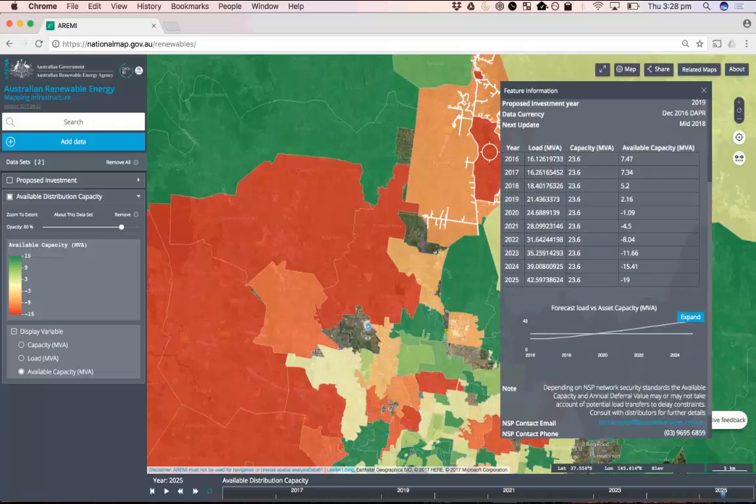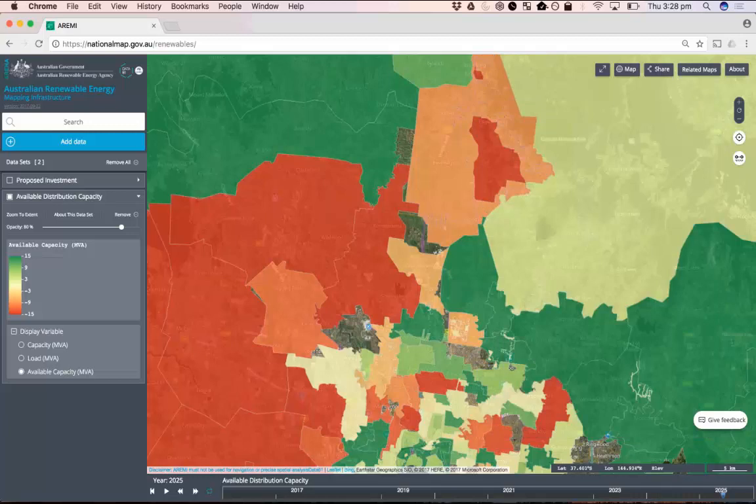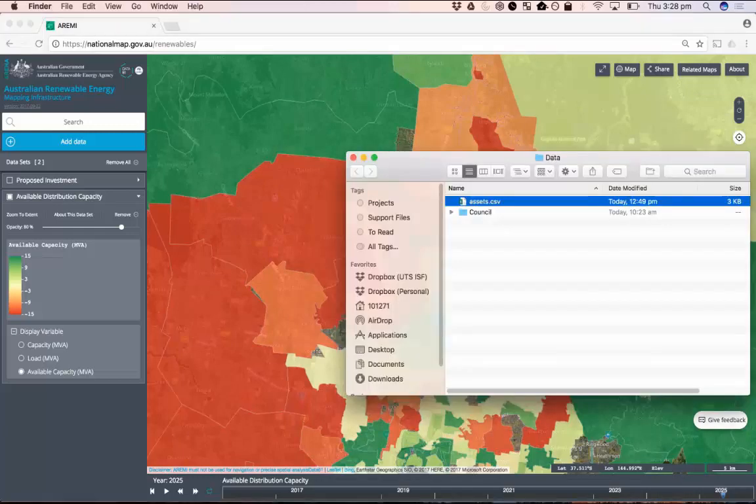So you can actually even drag and drop your own data into the browser. So let's have a bit of a go at that. I've just got any old CSV file lying around that happens to have latitude and longitude in it, for example. And I've just dropped that into